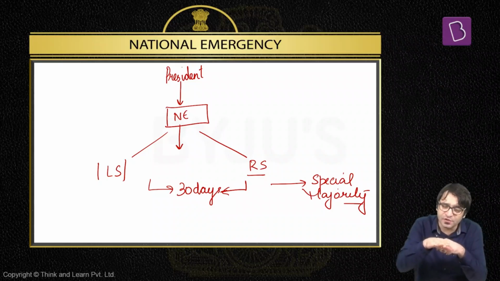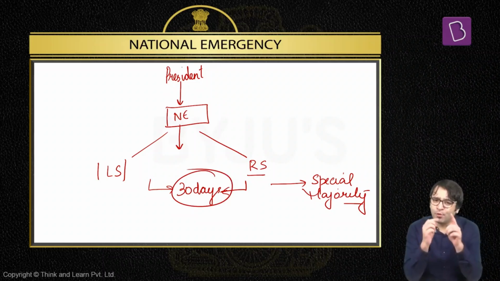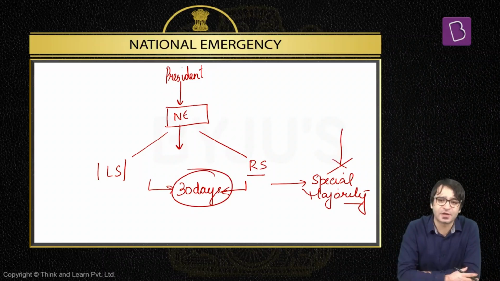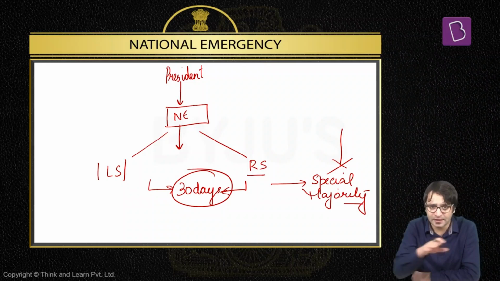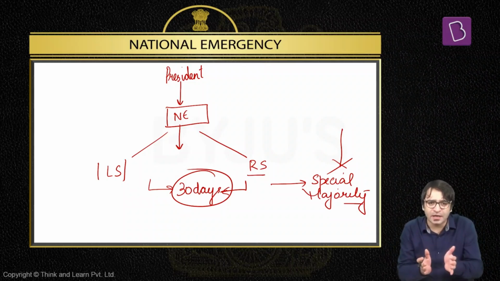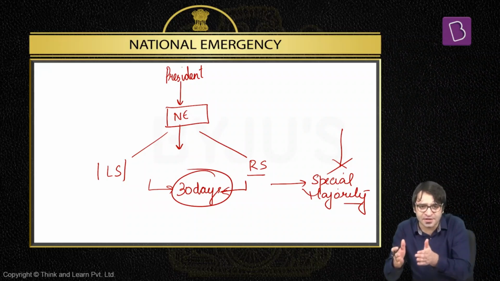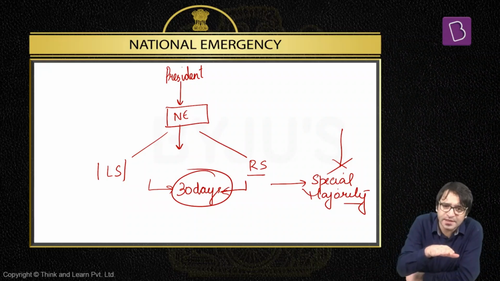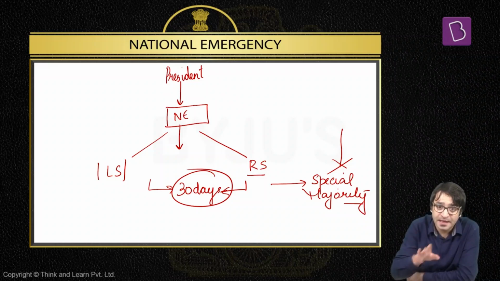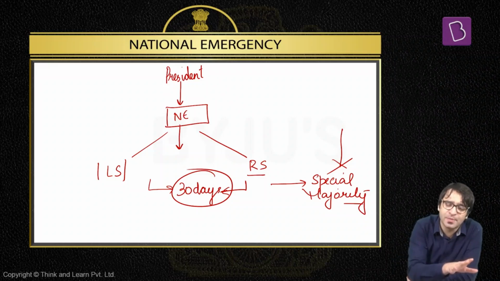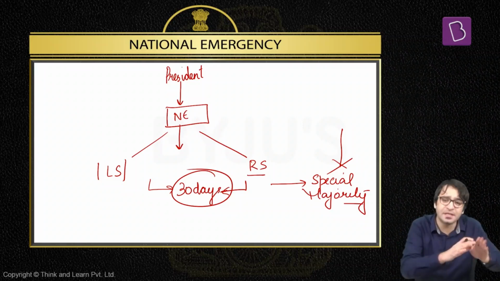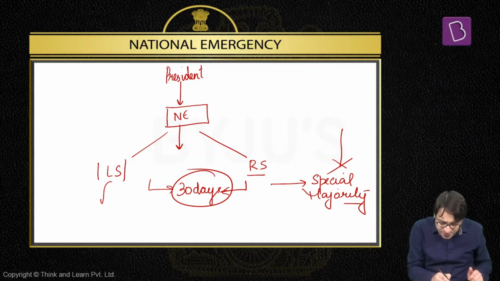This national emergency, which has been proclaimed by the president, will continue if within 30 days, both Lok Sabha as well as Rajya Sabha approve this national emergency by passing a resolution by special majority. And what is the special majority? 2/3 of the members present and voting plus absolute majority. This majority is required for both Lok Sabha as well as Rajya Sabha so that they can approve this national emergency for 6 months. That means national emergency imposed today will continue for 30 days. Within this 30-day period, both Lok Sabha as well as Rajya Sabha, that too separately, have to approve this national emergency by special majority. And if both pass a resolution by special majority, that means they are approving this national emergency. This national emergency can continue for 6 months.